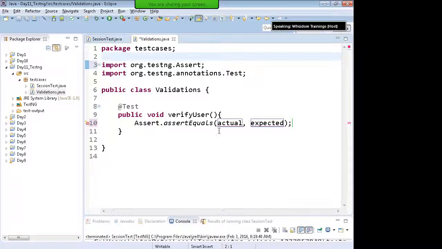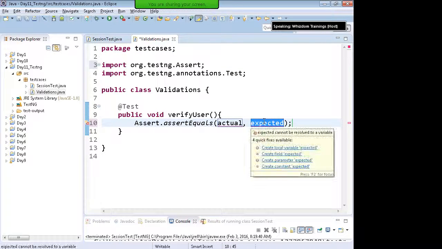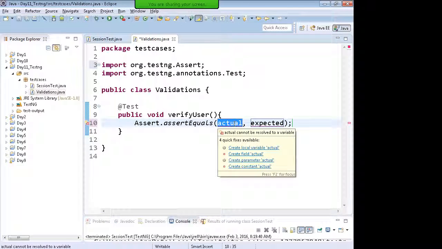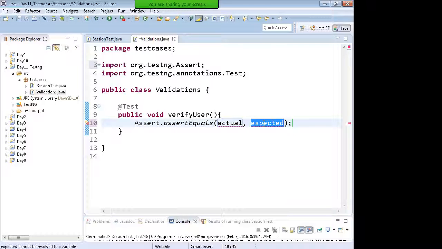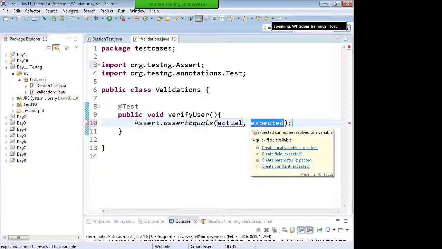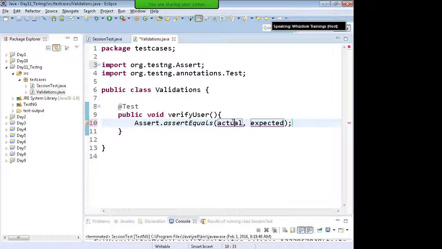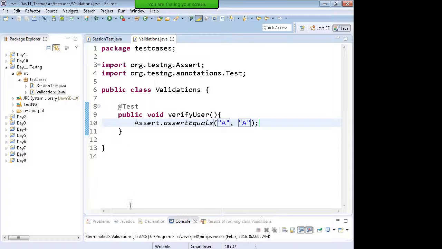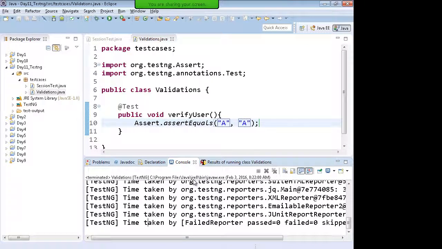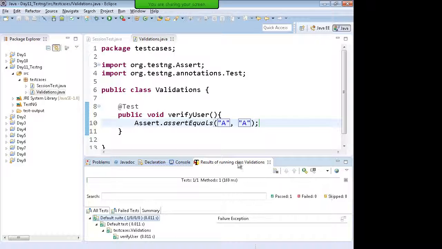Okay, so you compare the actual and expected value over here. The actual value is the one which will come from your application with the help of Selenium, right? Expected value will be kept later on in the Excel file, right? So suppose I write a dummy value over here, expected and actual both are A and A, and if I run this test, it runs and it passes,